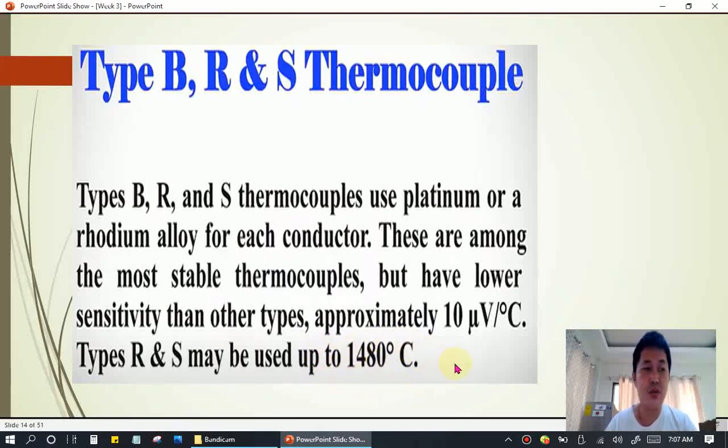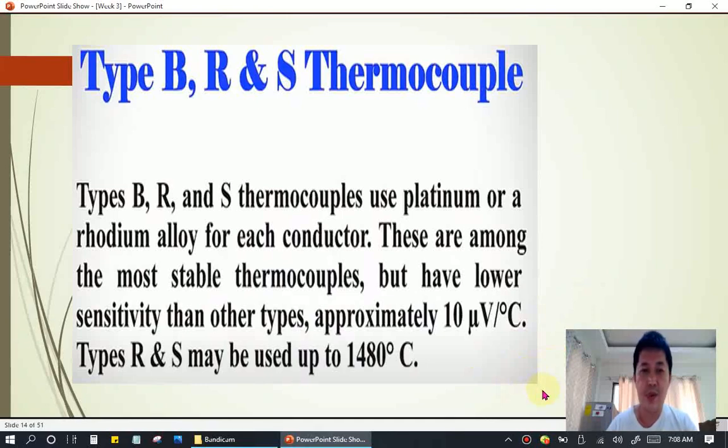individual exhaust manifold of the main engine and auxiliary engine, also at the inlet of the turbo and outlet of the turbocharger of the engine, because this can be used at a higher temperature.